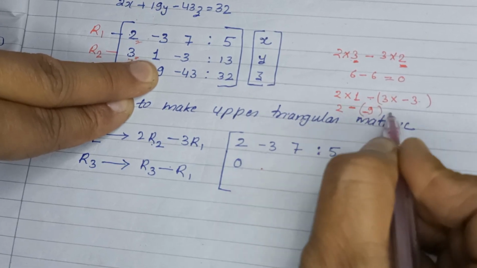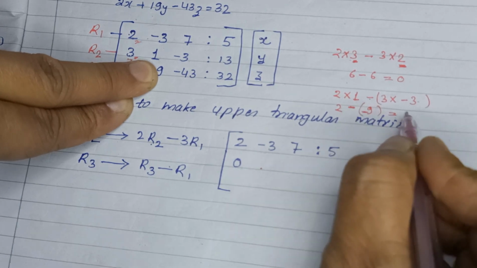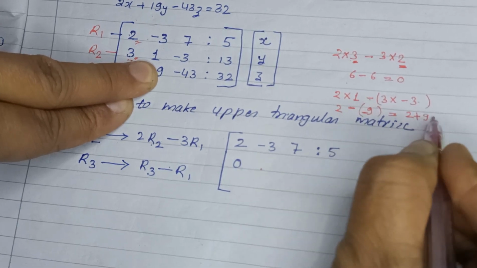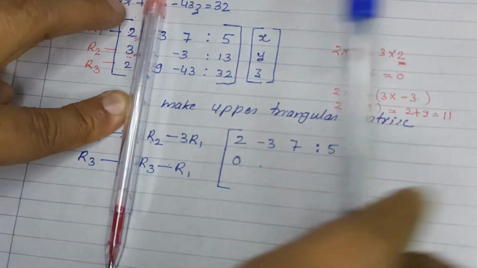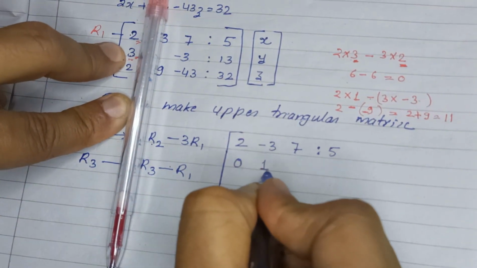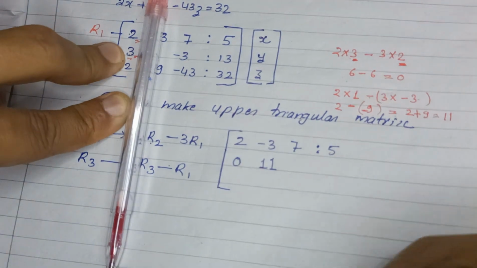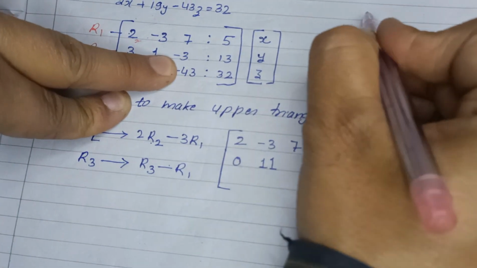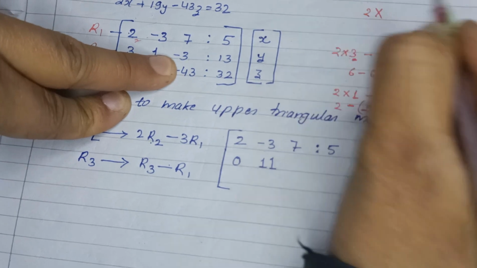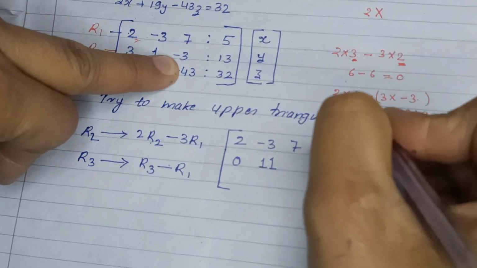So minus minus becomes positive, so it becomes 2 plus 9, which is equal to 11. I get the value 11 over here, so I have to write 11 here. So let me go with the other one, the third one. Here, what I do is again 2 into, so I have 3 here in place of 1,